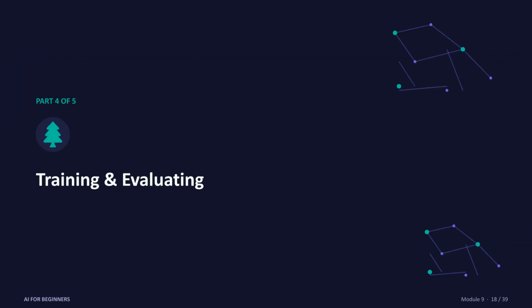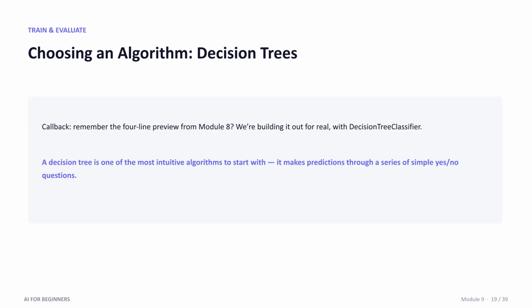This brings us to Part 4, training and evaluating. This is the moment. Everything we've covered in Modules 5, 6, and 8 comes together to build one real working model. We are going to use a decision tree. Remember the 4-line preview from Module 8? We are building that out for real now with the DecisionTreeClassifier, which is one of the most intuitive